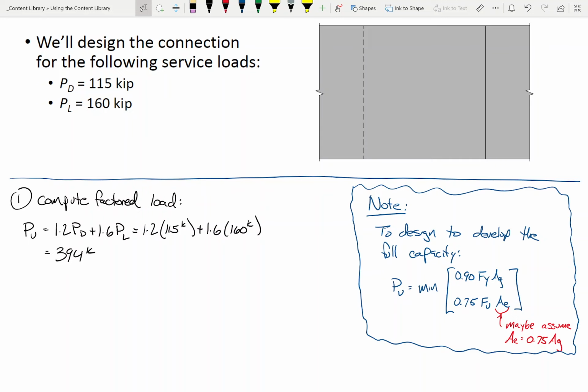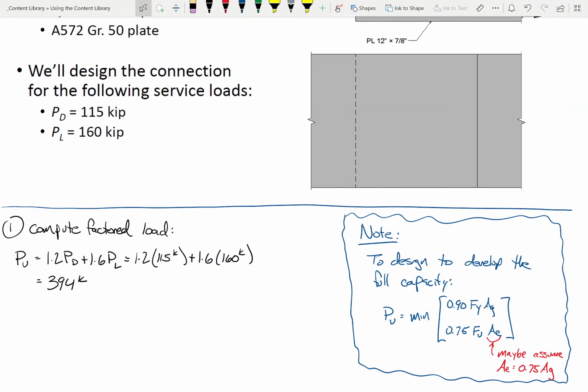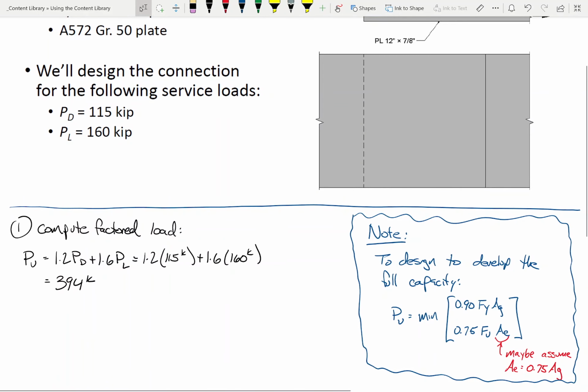And it would result in an over-designed member probably, but not a grossly over-designed member, because you would think that the member itself is designed for these loads. So it shouldn't be over-designed itself. So, okay. Does that make sense? Everybody okay with that? Okay. All right. So, next thing we need to do,